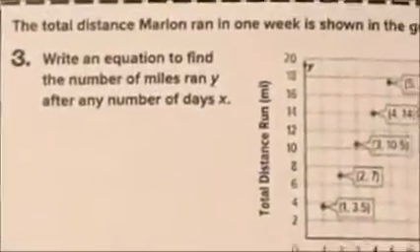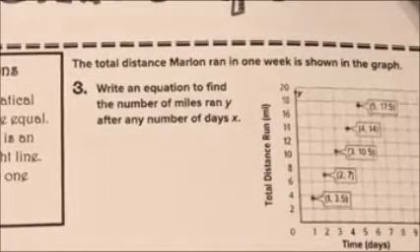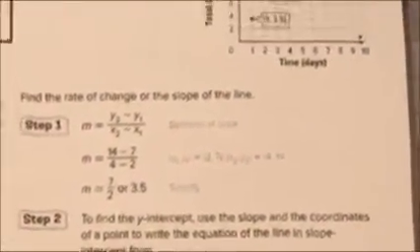Okay. Example number 3 says the total distance Marion ran in 1 week is shown in the graph. Write an equation to find the number of miles ran, y, after any number of days, x. Okay, so step 1, I need to find the rate of change of the slope of the line. So I'm going to pick any 2 points on the line. Completely up to you which points you pick. I'm going to pick